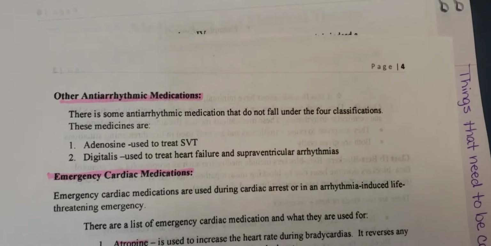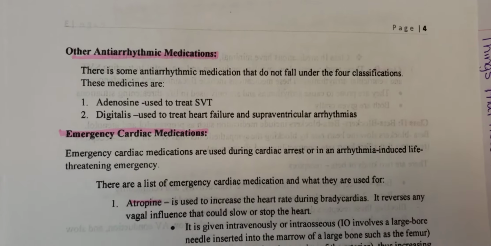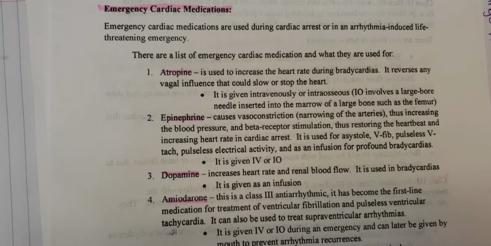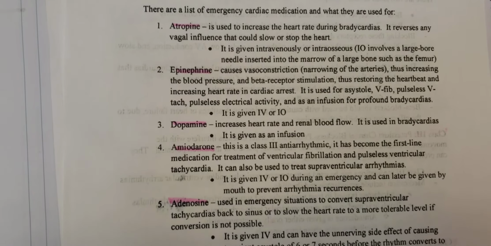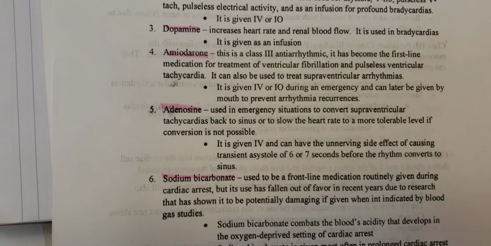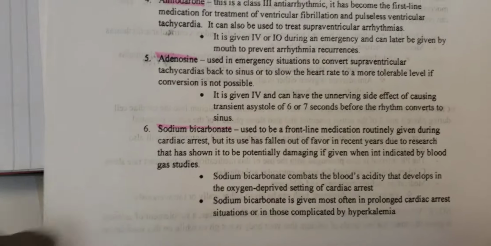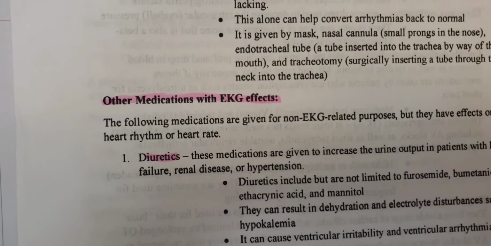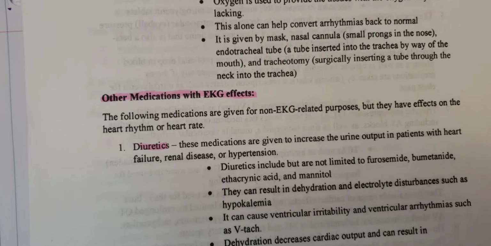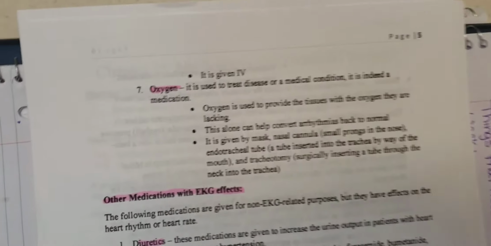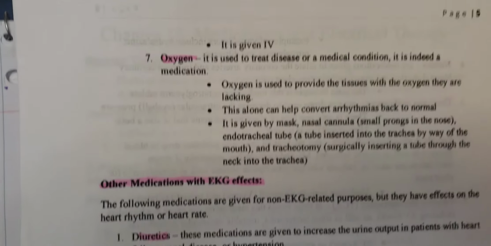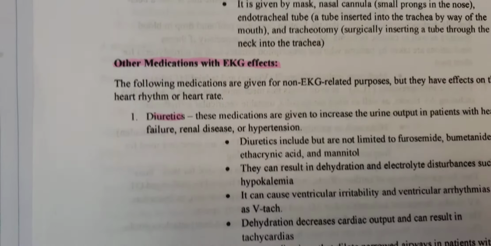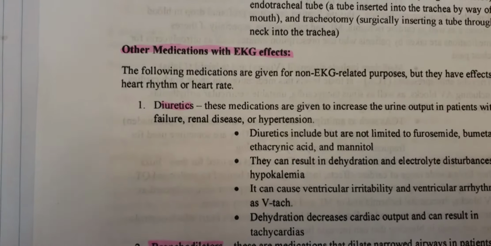Also, you need to remember other antiarrhythmic medications. Emergency cardiac medications such as atropine, epinephrine, dopamine, all these medications, sodium bicarbonates. Also, that oxygen is given also. Oxygen. Make sure you know other medications that have EKG effects, meaning that they sometimes can affect your EKG reading,